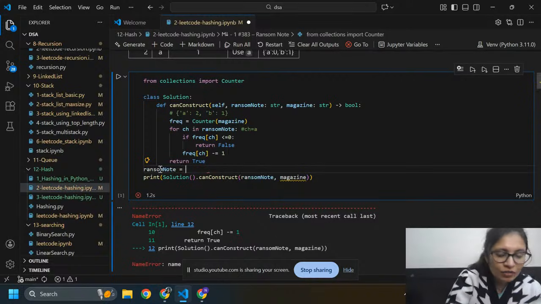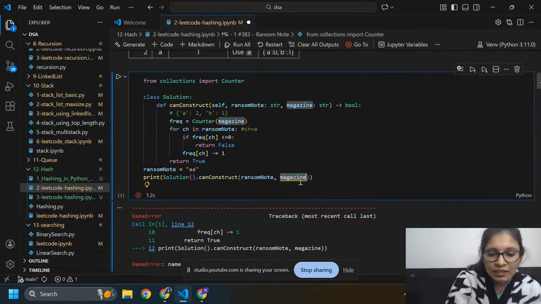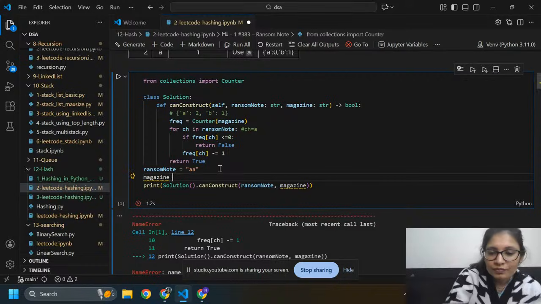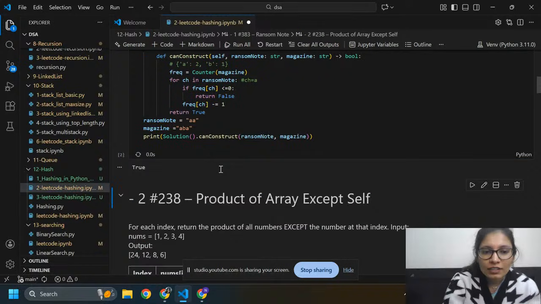Ransom note equals aa, and in magazine what do I have? aab. So here I need to write aab, then I need to run.